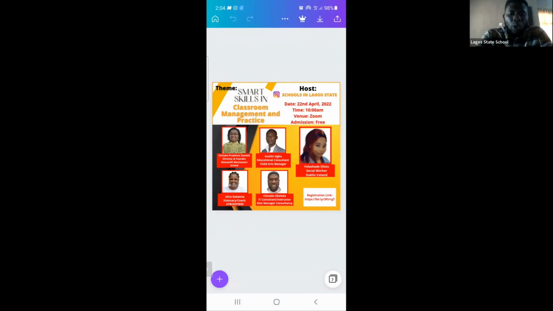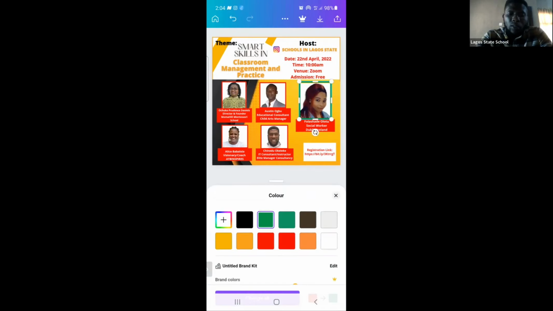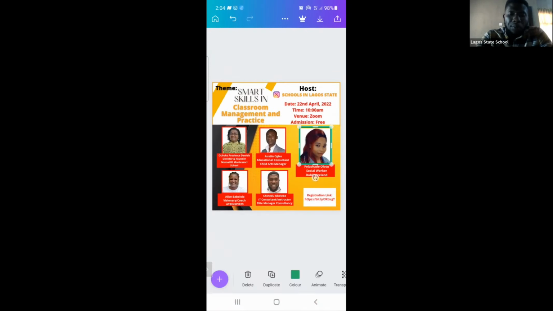Now this is the flyer for the training. I'm going to click on this now. Click on the first picture. That's the first picture, the guest speaker now. I can decide to change the frame around the guest speaker. Green, that's green. Change it to green by clicking on it. Then I can decide to change a name